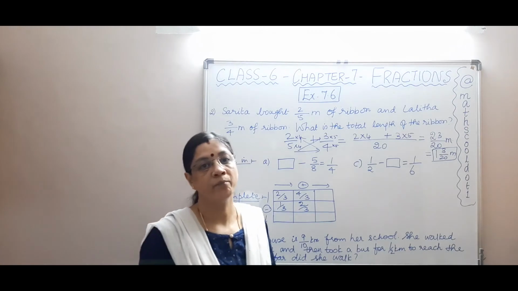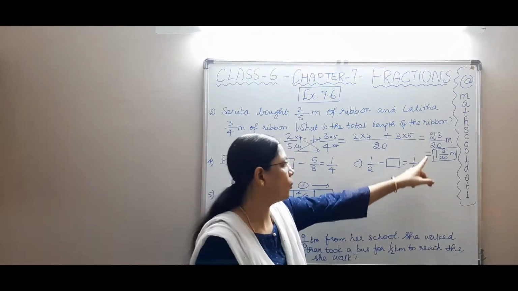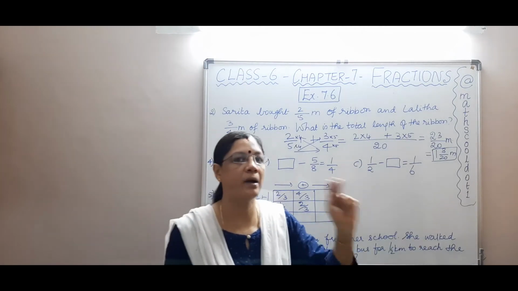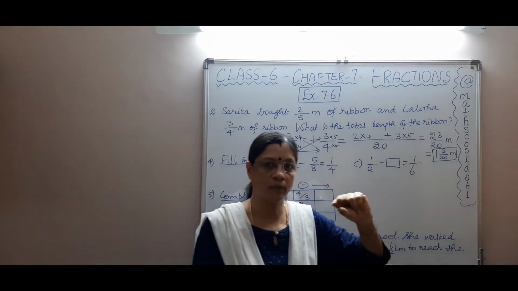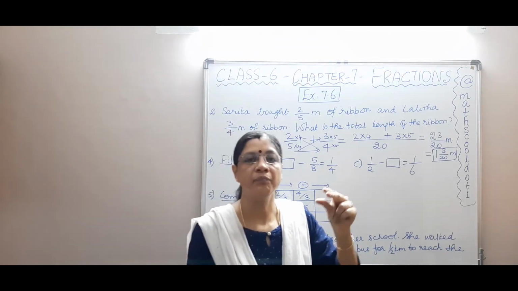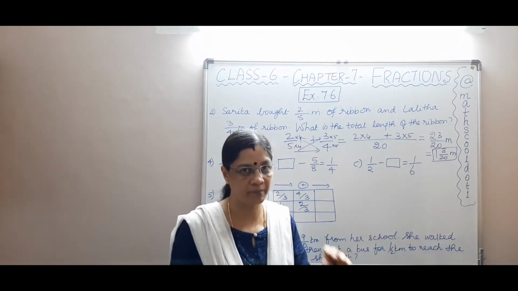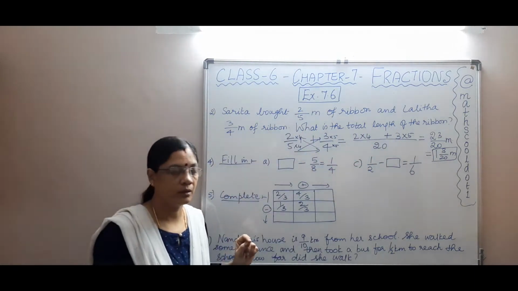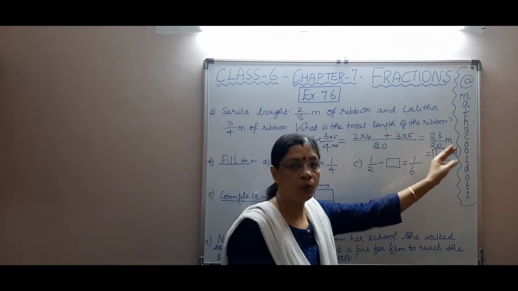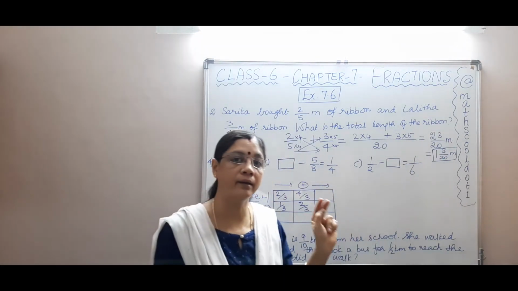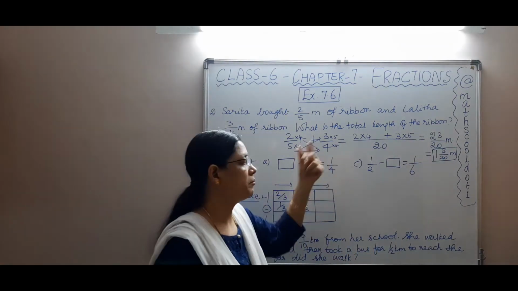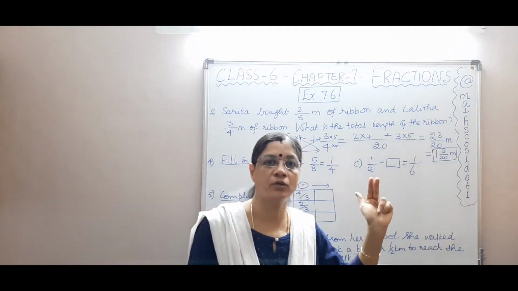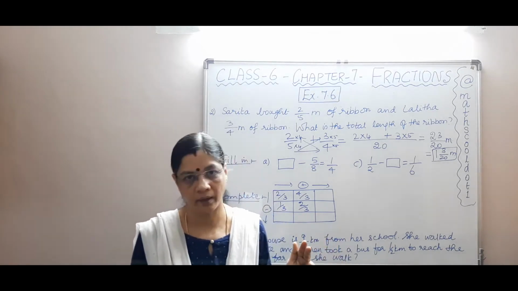So what does it say? The total length of the ribbon is 1 meter, and the rest of the part is in fraction. That is, out of 20 parts, I have just 3 parts over there. So 1 whole meter plus some fraction of a meter is the total length. Okay, so that is what is understood. So this is how we add unlike fractions. I have told you the easy method to make unlike fractions into like fractions, so that you can directly add them and put the answer.